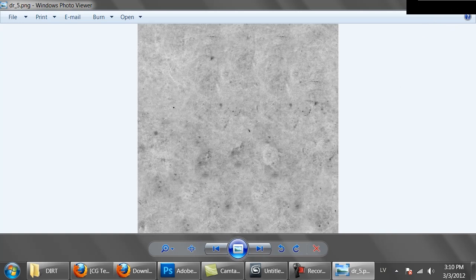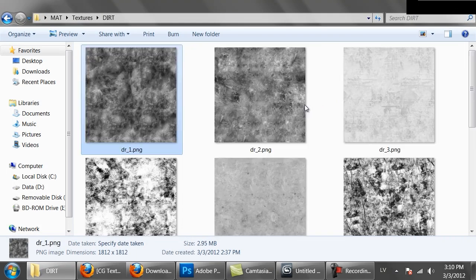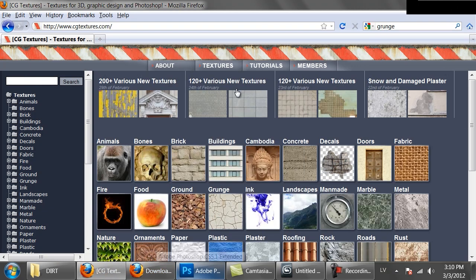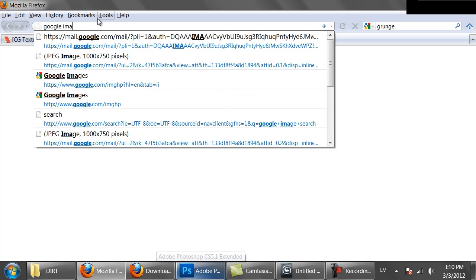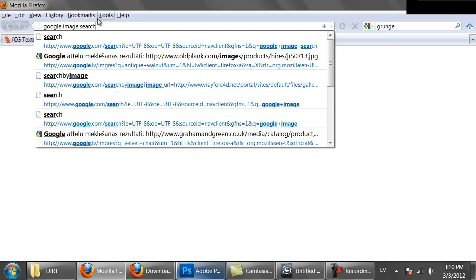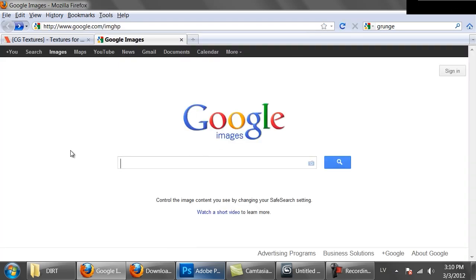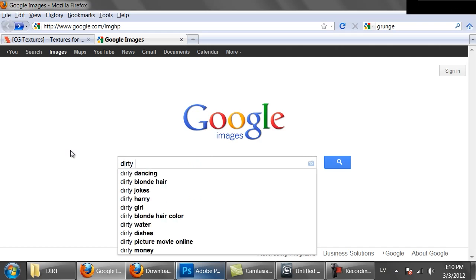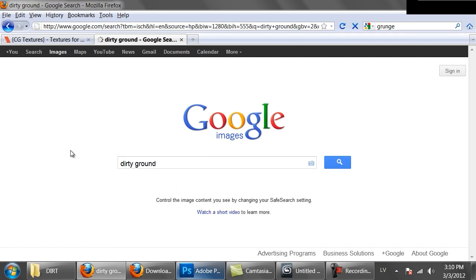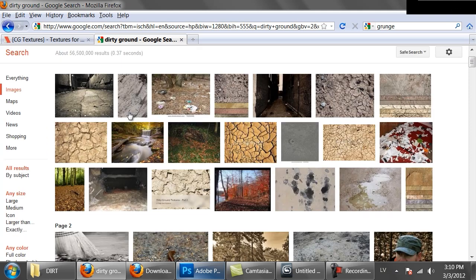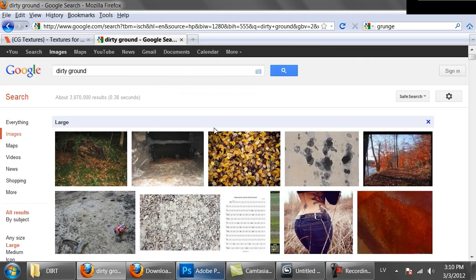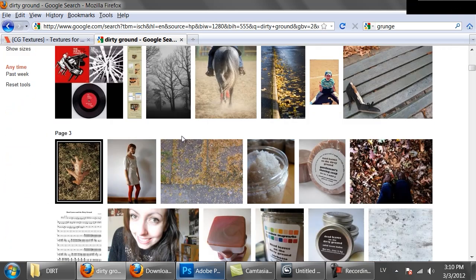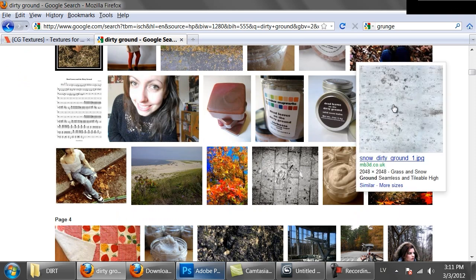Now I'm going to show you how to make something like this. So let's go to the Google image search. Let's look for, let's say, dirty ground. Make sure you're searching for large images, and whenever you see something that might work, for example this one,